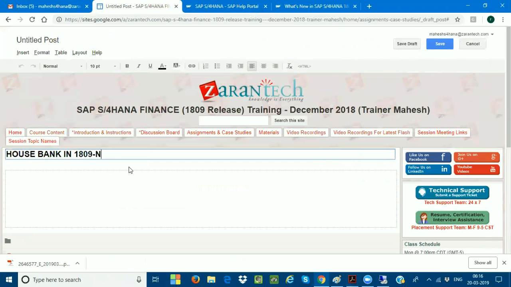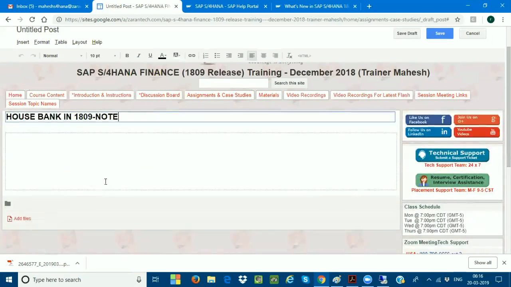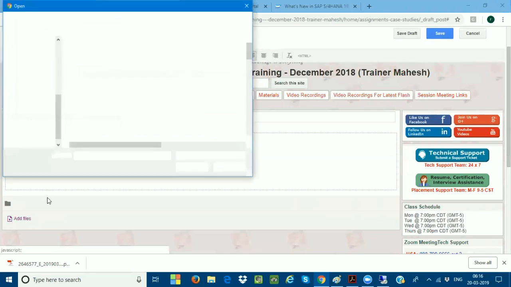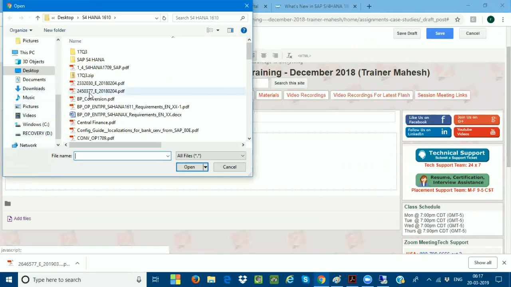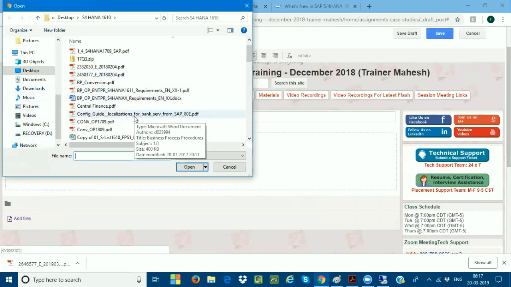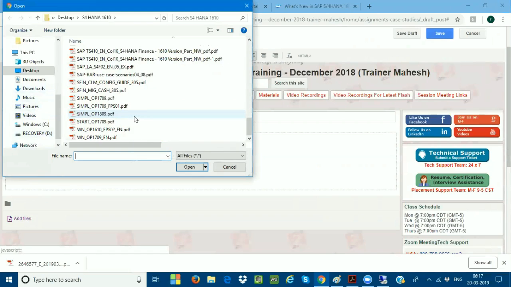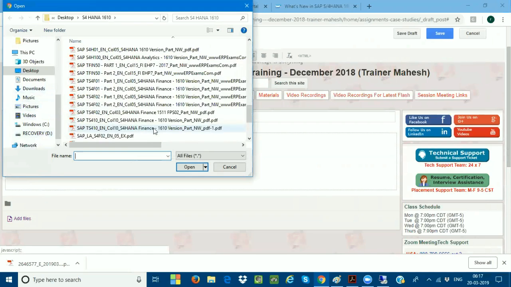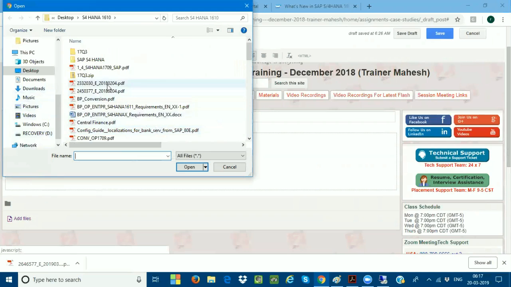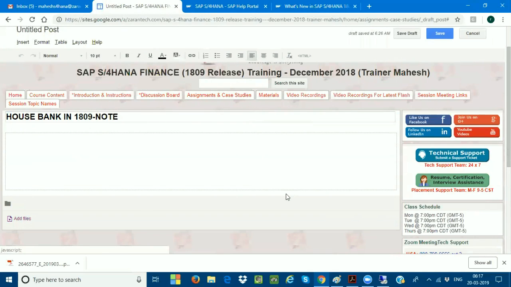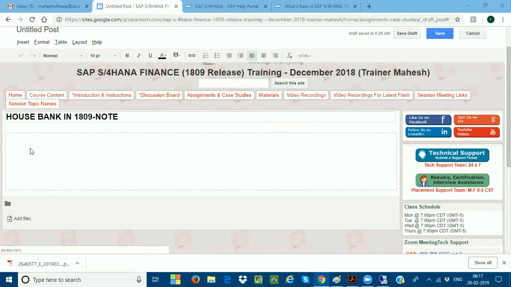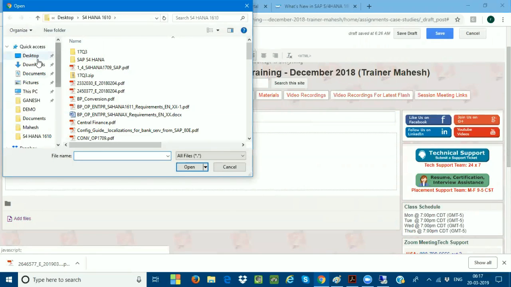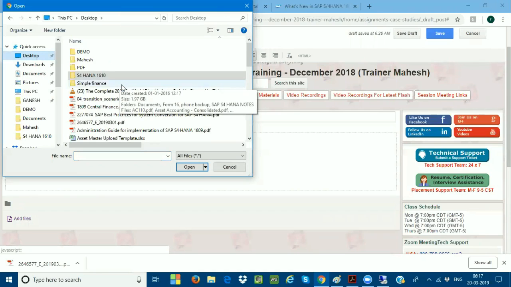Mahesh, you mentioned that you are going to give an overview on the central finance and in-house cash. That I'll take care of, sir. No, I'm not telling that, I'm just explaining about tomorrow's class. Oh, okay, thank you. So I'll give this note. I'm attaching this note to you, so all of you can copy this note. You also mentioned that you are going to upload the certification questions. We didn't get that. Sure.